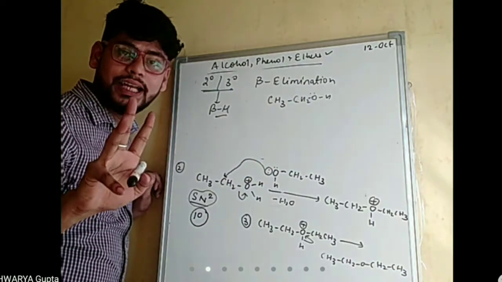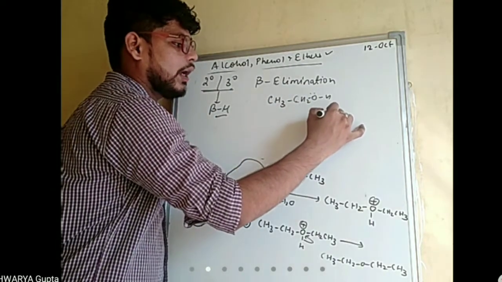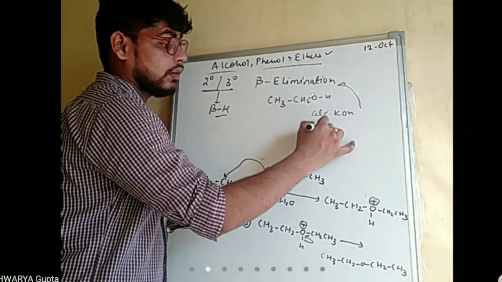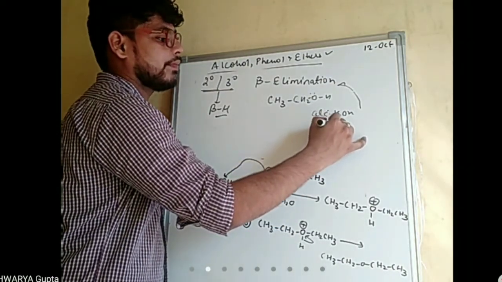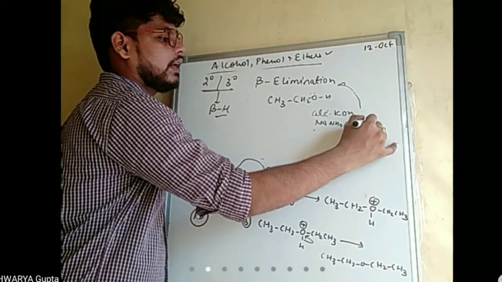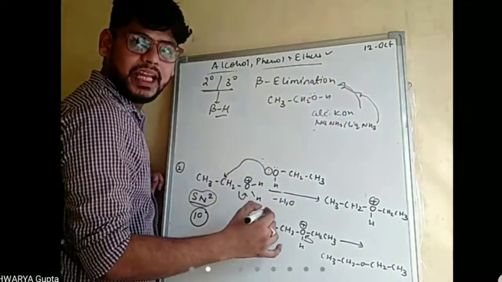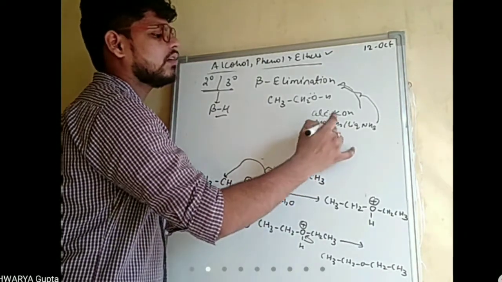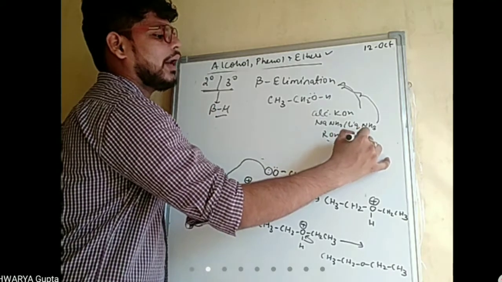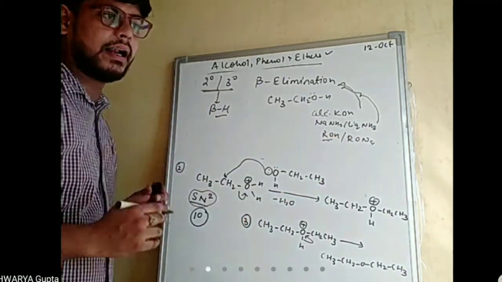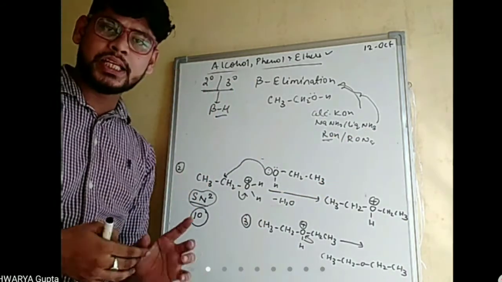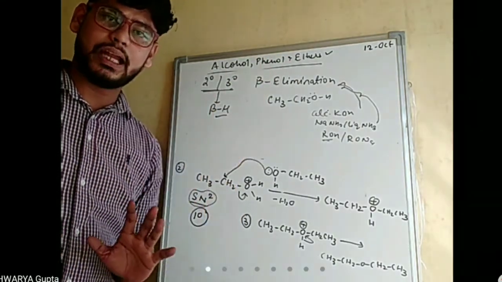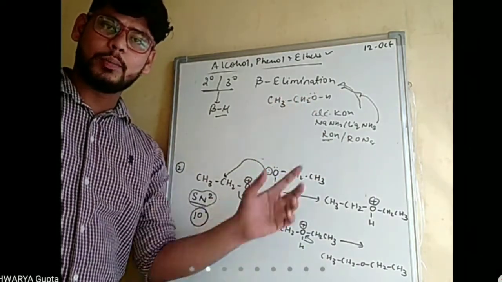I have told you about three reagents, na? Alcoholic KOH can carry out beta elimination. NaNH2 in liquid NH3 can carry out beta elimination. Also ROH and RONa, which means mostly the alkoxide part, can carry out beta elimination. So it will result in the formation of alkene. I will not be going into detail at this time, but you can get an idea from here.